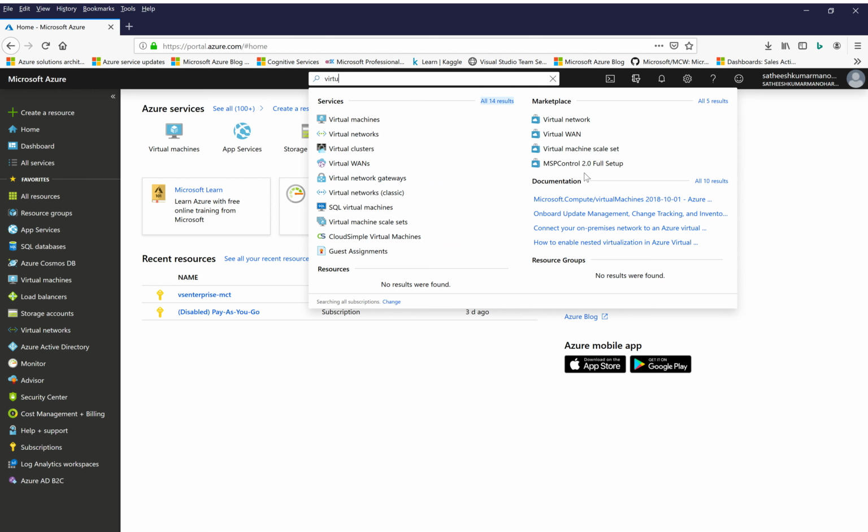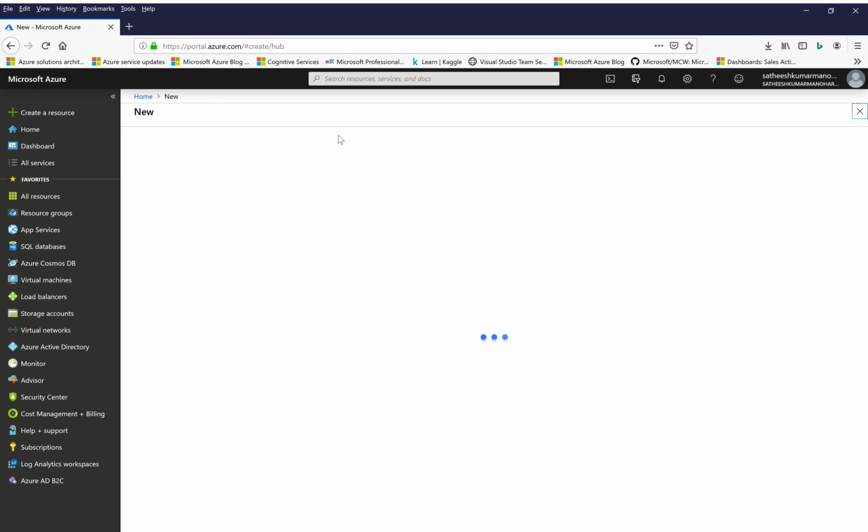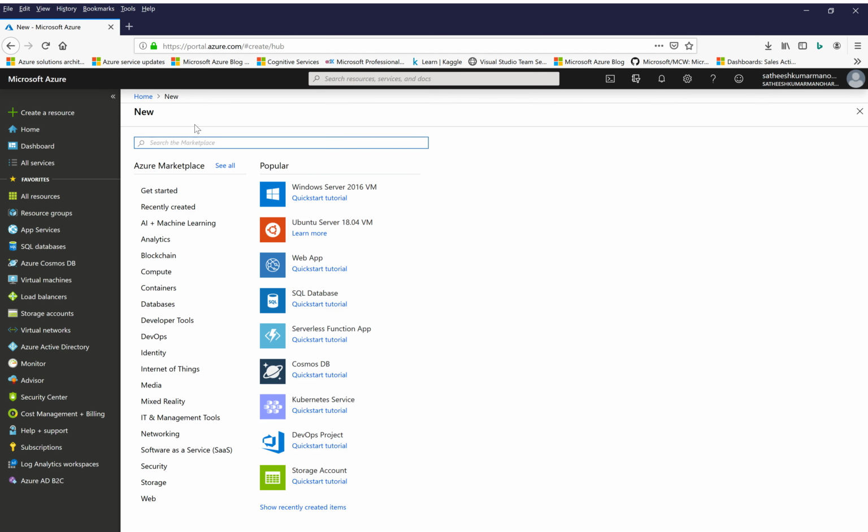And as I mentioned, you will be able to search even the documentation part as well, and resource group. So this is a search bar for the entire Azure resources from the portal perspective. And the second option is create a resource, which you can use to create new resources on Azure. Let's say if I click on create a resource, it will open an option like